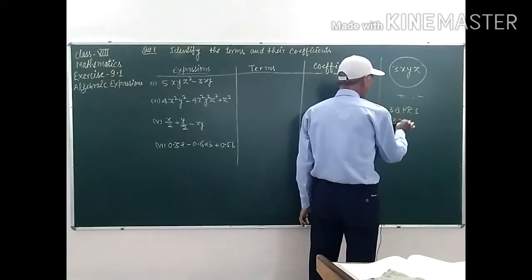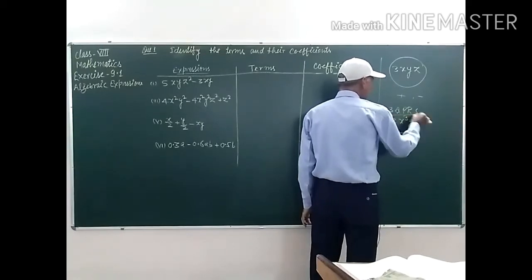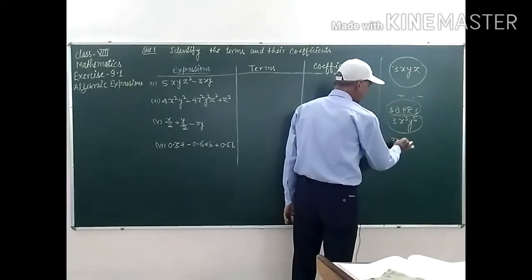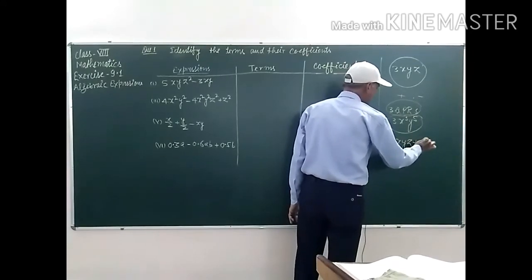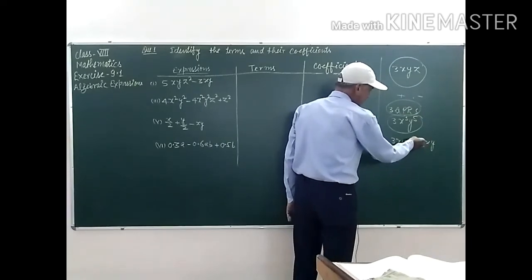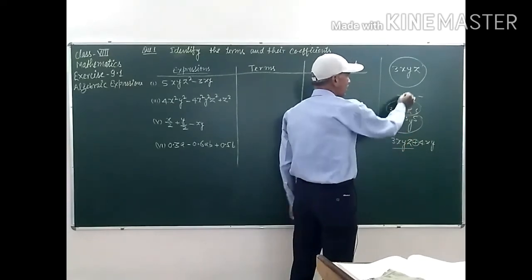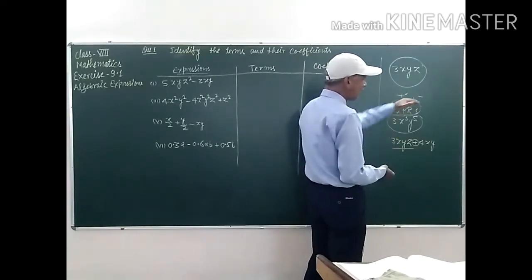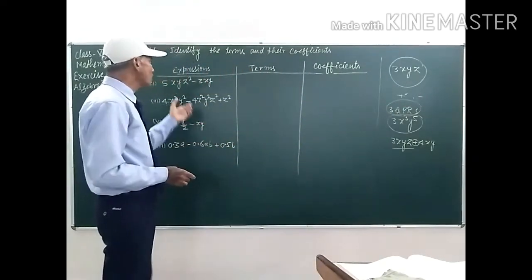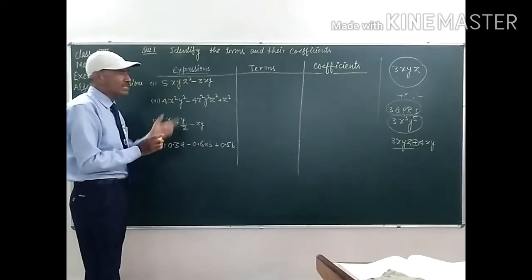And 3x³y to the power 5, this one is a single term. Okay, if we write here 3xyz plus 4xy, it means there are 2 terms, because in between these 2 expressions there is a sign of plus. Okay, and if there is a sign of minus, it means plus and minus divide the terms. So there are 2 terms, because in between these 2 terms there is a sign of minus.